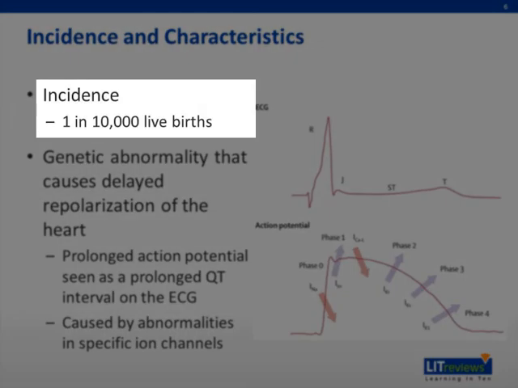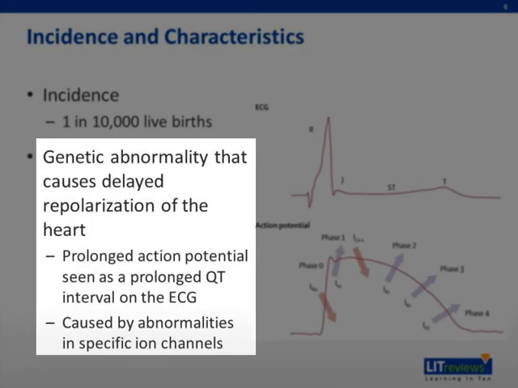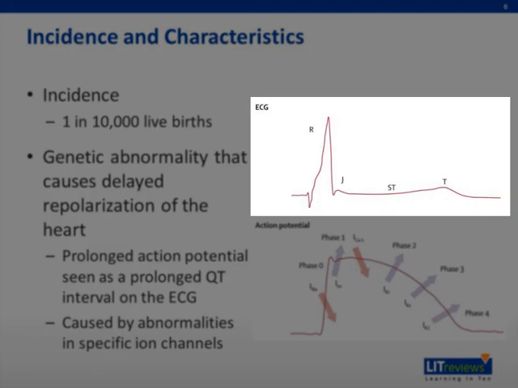The incidence of long QT syndrome is 1 in 10,000 live births. This syndrome is caused by a genetic abnormality that causes delayed repolarization of the heart. This creates a prolonged action potential seen as a prolonged QT interval on the ECG. Long QT syndrome is caused by abnormalities in specific ion channels. The figure on the right of the slide shows an ECG from a single contraction with a QRS complex and